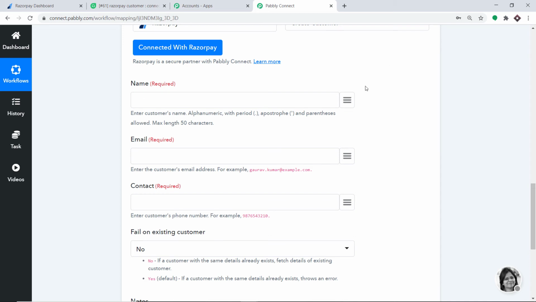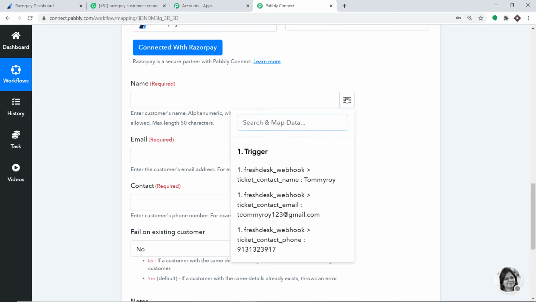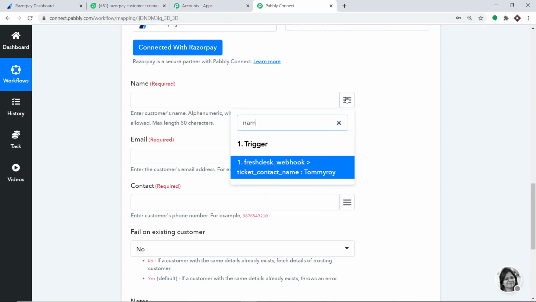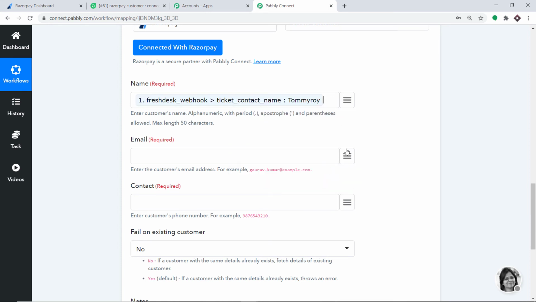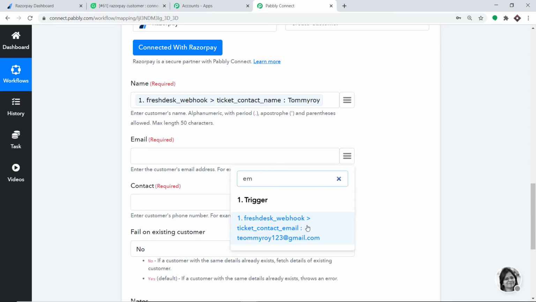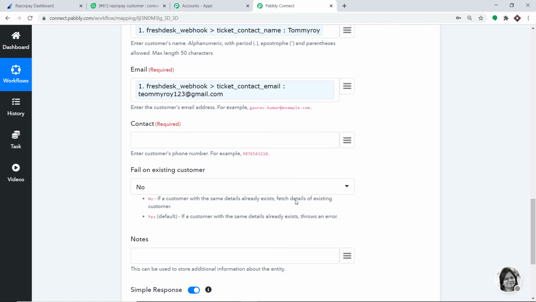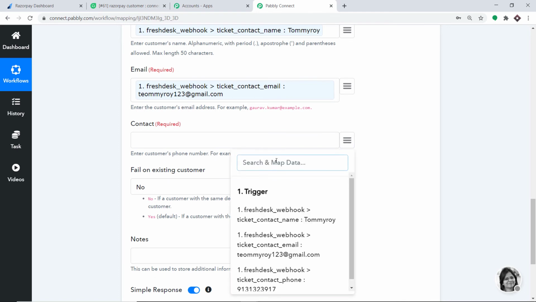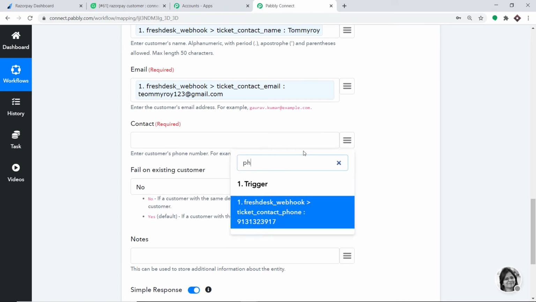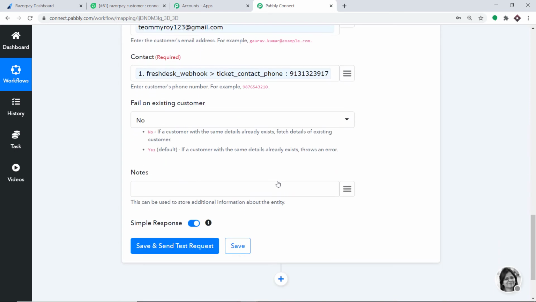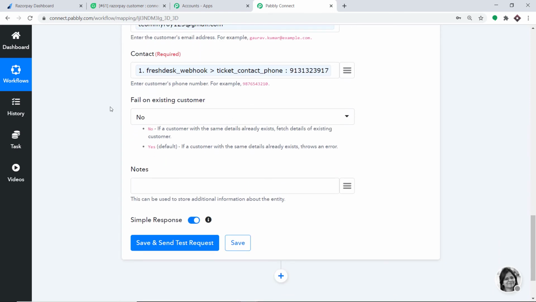Okay, so in the name, just click on this mapping button. So here we are going to map in the details. So the name is Tommy Roy and then we have the email. Okay, so this is the email and the contact phone number. We have the number. Okay, so in case of fail on existing customer, we have two choices, no and yes.